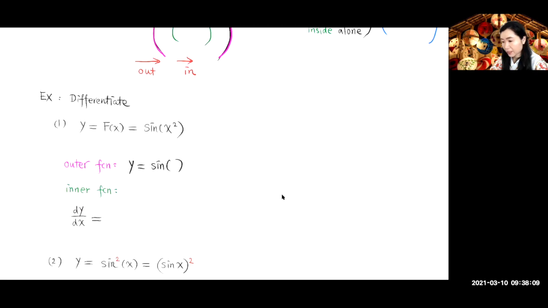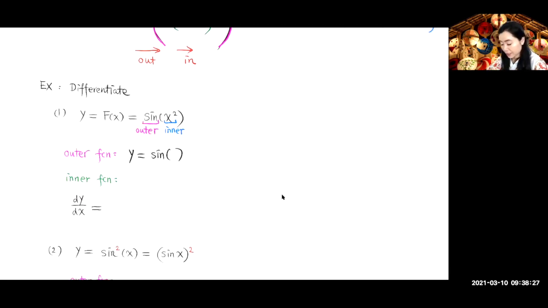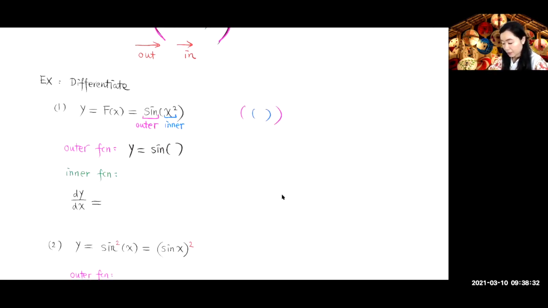And let's think about this. This is the inner function, right? X squared. And the outer function is the sine function. All right, so this is like an onion. It has 2 layers. So the outer function is y equal to sine of u, and then the inner function is the x squared function. Okay, so the chain rule says that